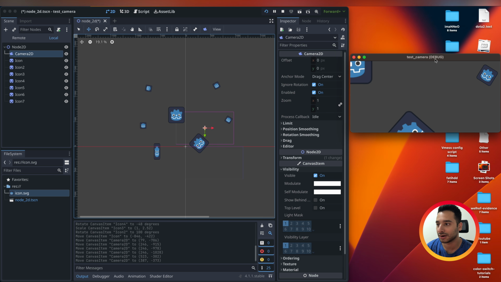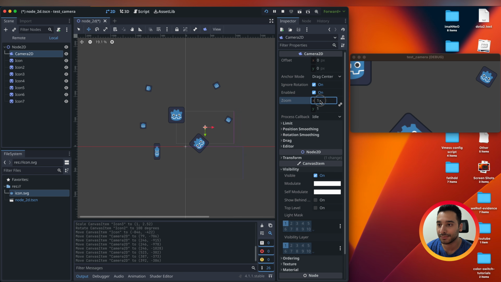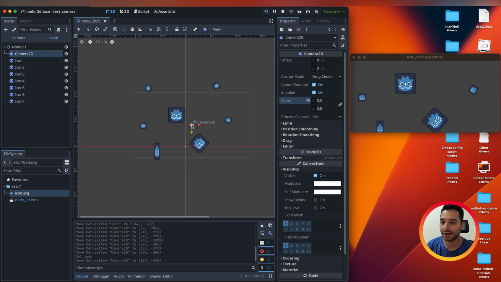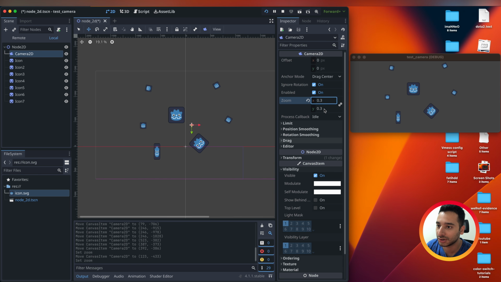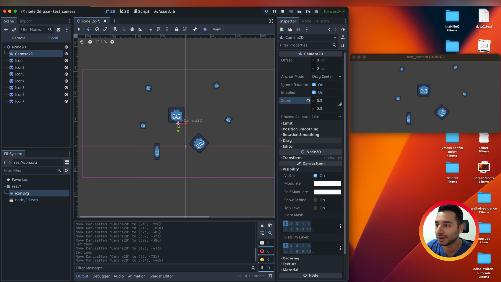And you can zoom your camera in or out. For example, we can say 0.5. It shows a bigger space of the world because it zoomed out. And we can do 0.3 to show all the content that we have.